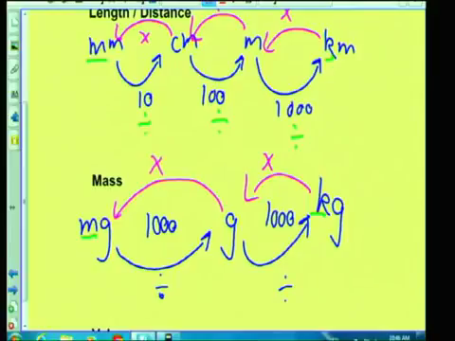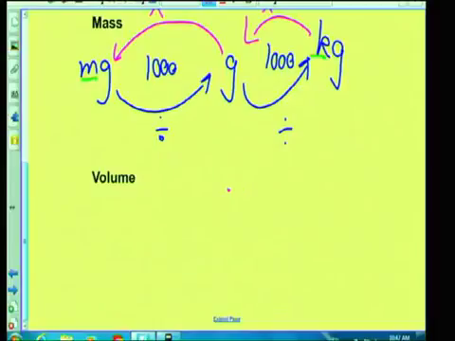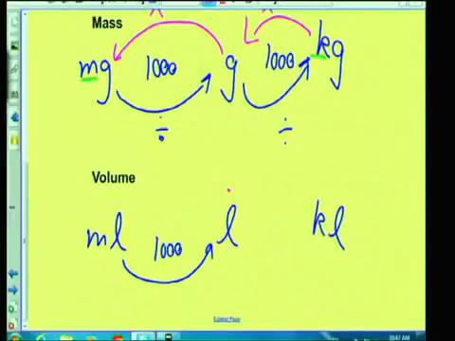Okay. Now, the next thing is volume. Now, there were 2 ways of measuring volume. It depends on what you're measuring. Usually if we're measuring liquids and we're measuring things that can pour and have capacity, that fill an object, that sort of measurement, we use the following system. We say we've got milliliters, and we've got liters, and we've got kiloliters. Now, see, it's very similar to the mass story. And again, you have got it right if you said, well, the difference, the jumps between these is 1,000. And the jump between that is 1,000. Absolutely right. And we'd follow the same rule. From the small unit to the big unit,